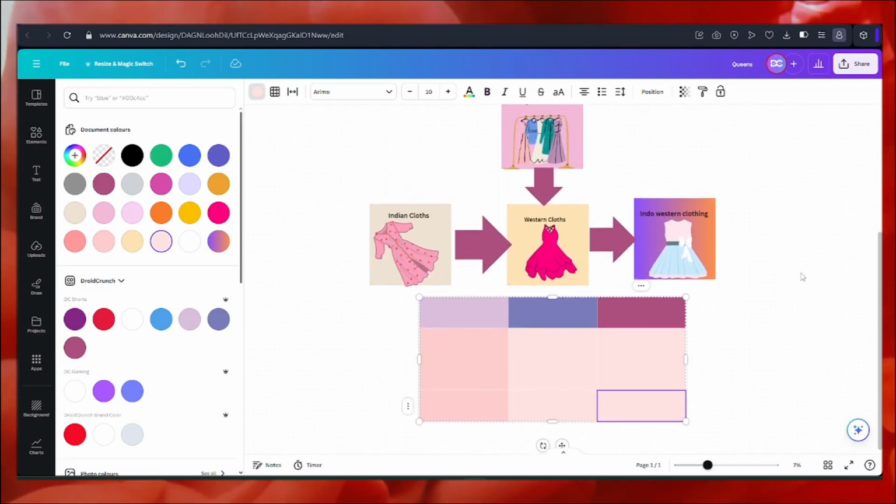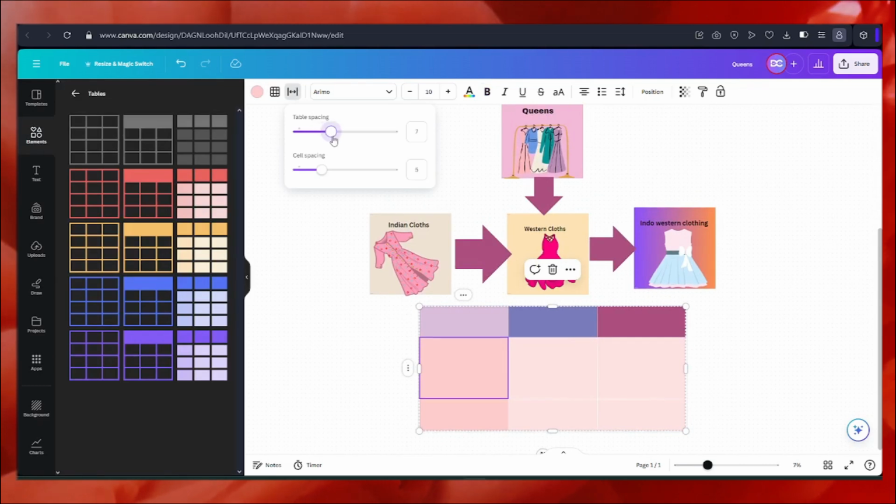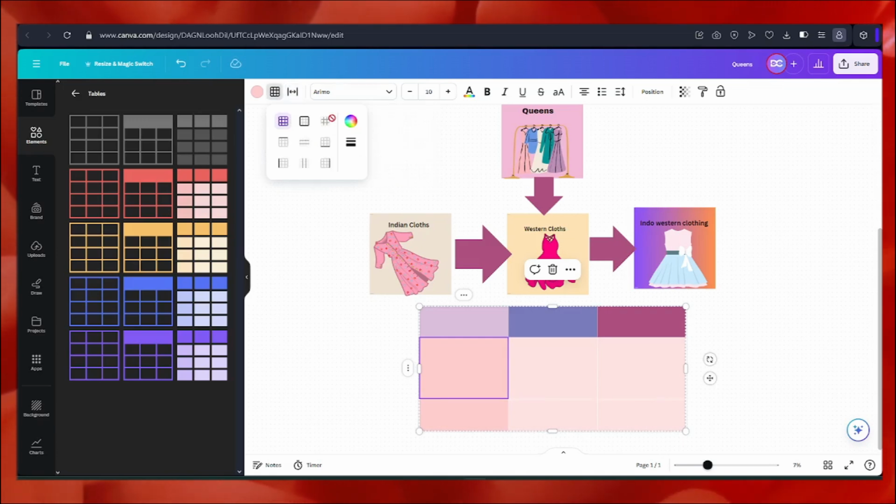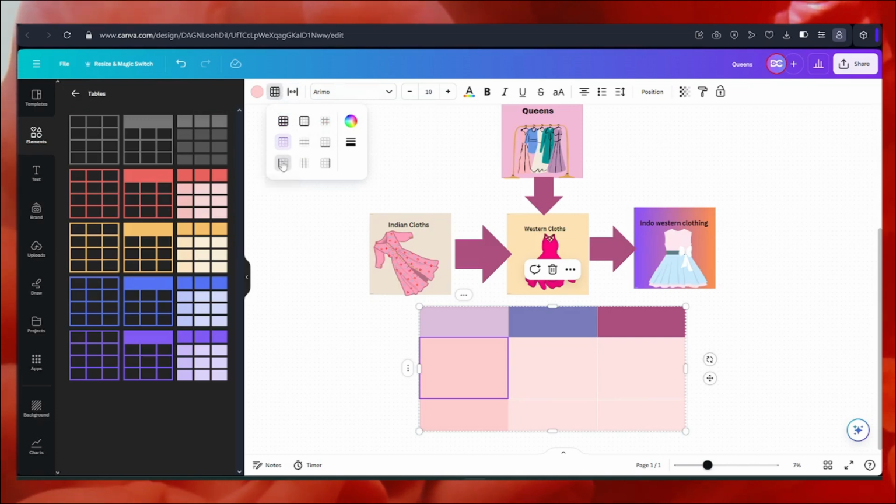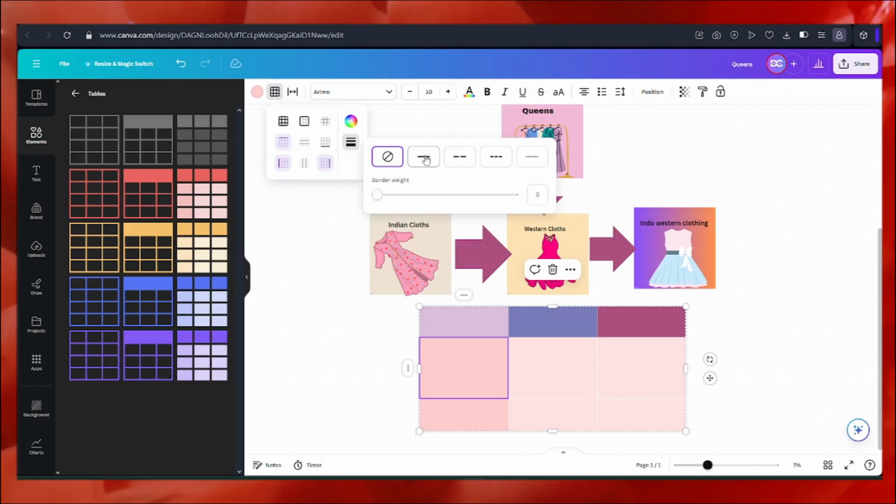It depends on you. Suppose I can decide the spacing of the table, the cell spacing from here. I can decide for the inner borders how I want them, the top border, the lines, everything. I can also decide the type of borderline I wish to have.